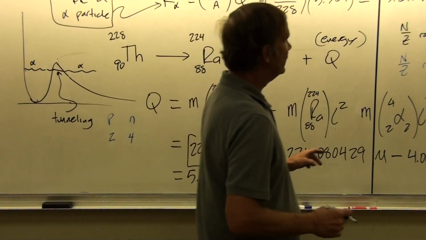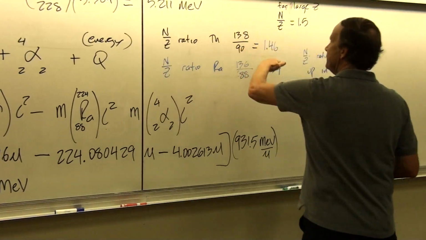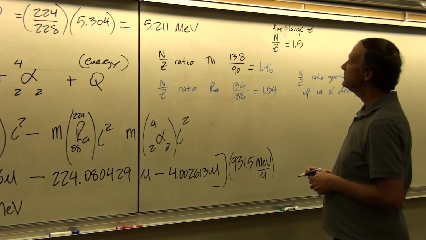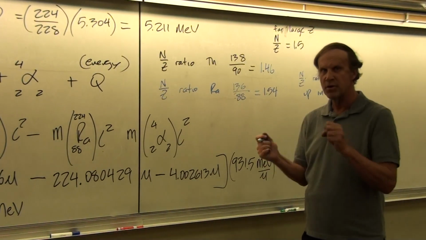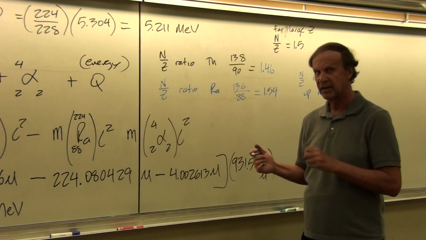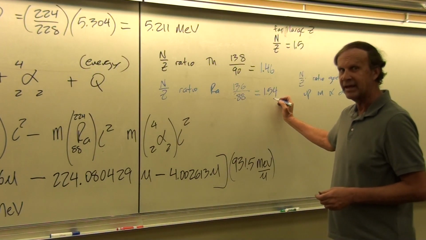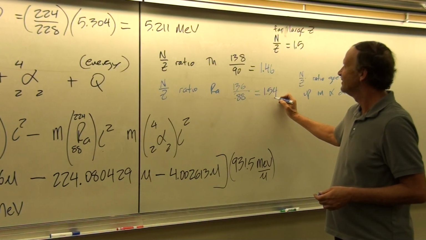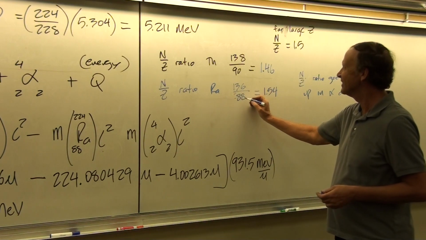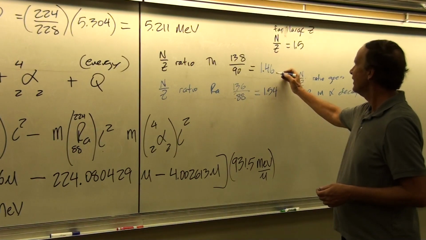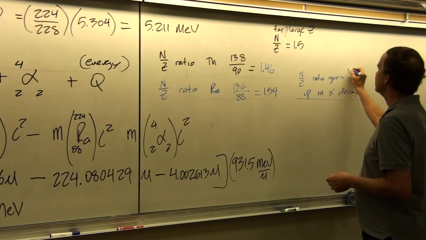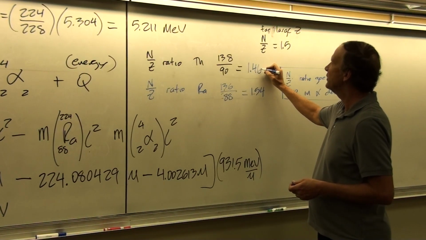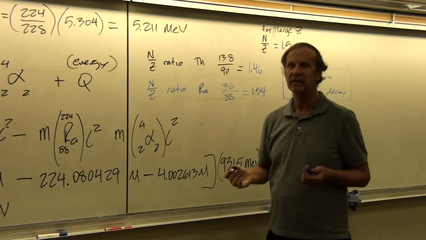And so you can see then that even when the N and the Z values are similar to each other, if N is greater than Z and you take the same number away from both, 2 in this case, that's going to cause the ratio to go up. Not going to go to infinity, but it's going to go up a little bit, because this isn't close to being 0, right? This is 136 and 88. But still, this will cause the N to Z ratio to increase. So typically the reactions will be favored if you end up with a nucleus where the N to Z ratio is a little less than 1.5.